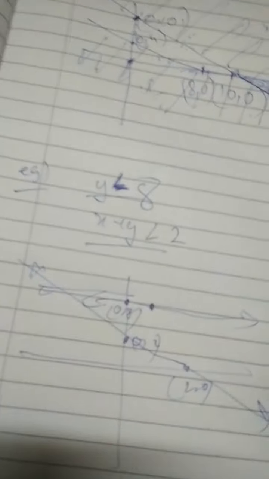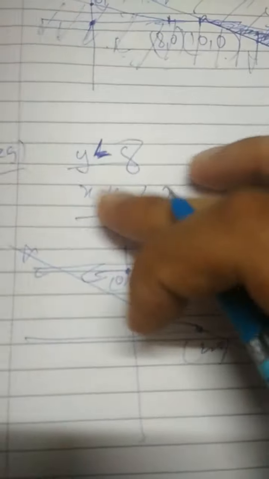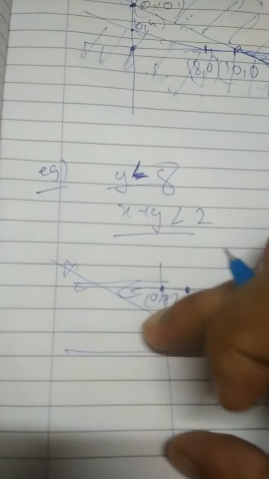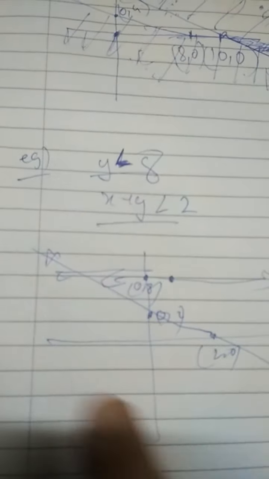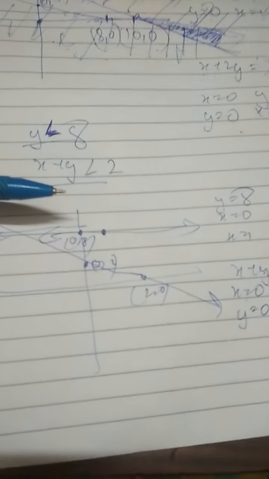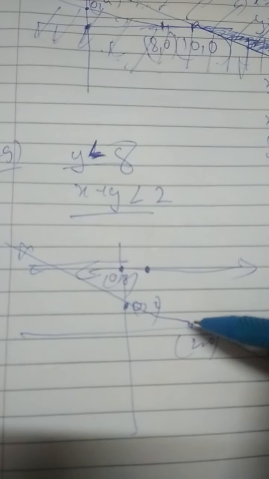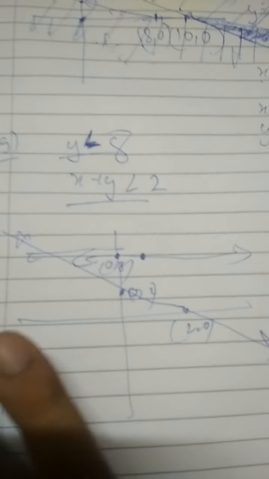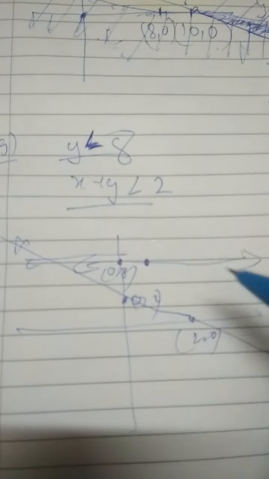When you're drawing in an exam, draw with a proper scale. Take a scale and mark these points at 1 centimeter. Then properly plot these 2 points. You draw this graph using a pencil and then solve this question. Don't draw it with a pen and a rough hand. Draw it with a proper scale and then solve it.